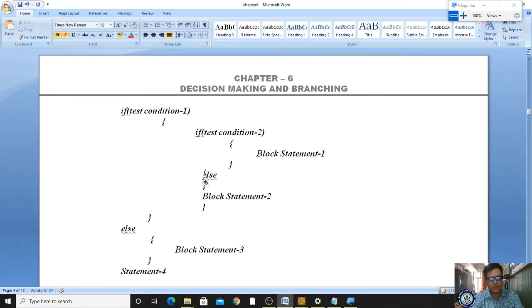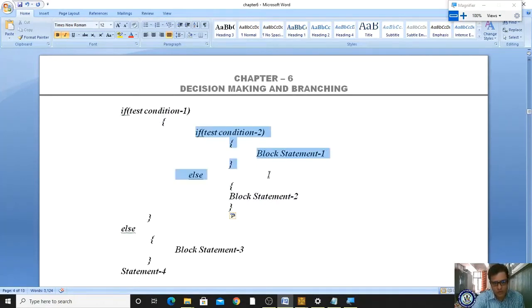Okay, this is its else block. Please observe here, this is if, this is else, right? Here it starts, here it ends. Here this if ends, and here this if else starts. Okay, now if the condition is true, it will enter into the block. It is a block, right? After entering the block, it also has one more if else block.